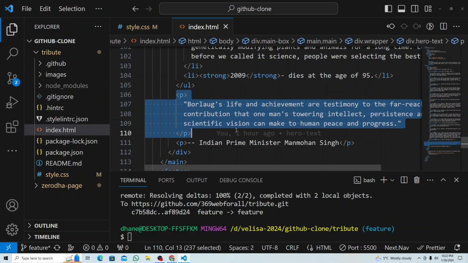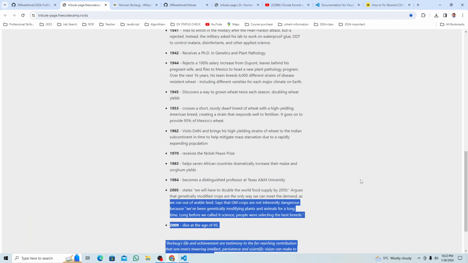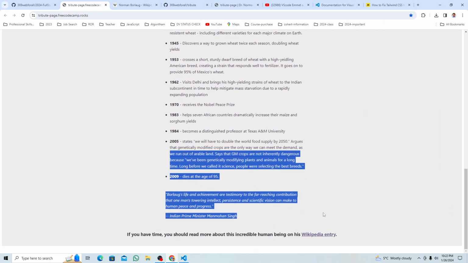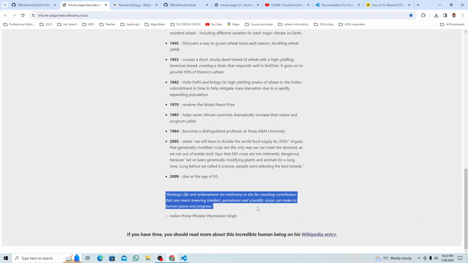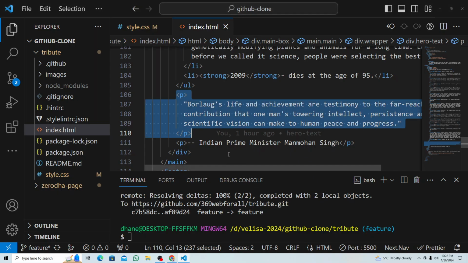Paragraph, and there are two paragraphs, right? So that will be the hero text p tag, and one is italic. Let me check here, right? This is also italic. So most likely what I will do is,